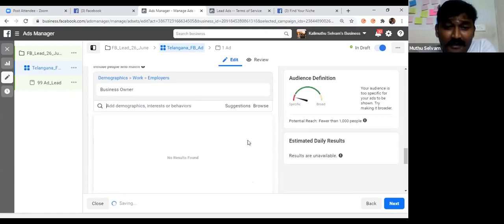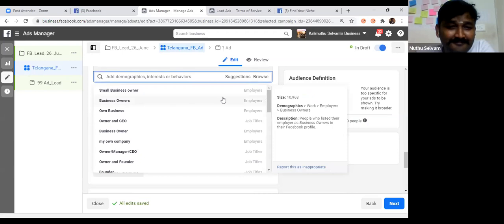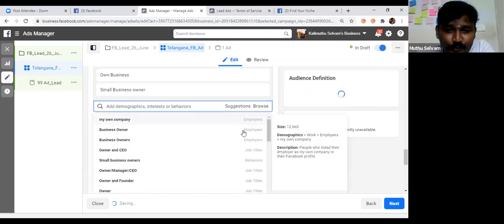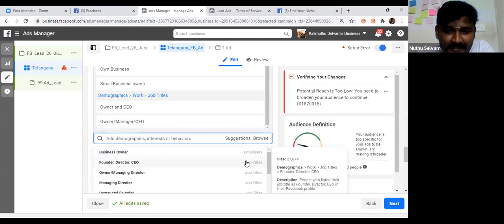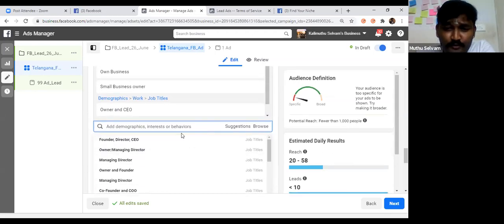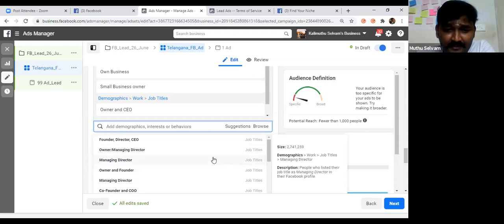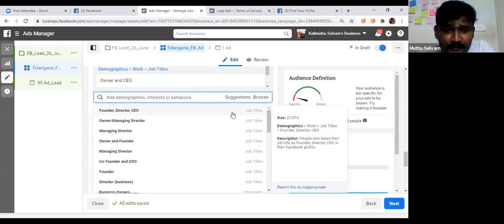Okay, if I find one keyword and then go to another suggestion, take it here, and Facebook will automatically throw more suggestions. Facebook will work like a jump. Click it: business owner, own business, owner and CEO. These are all the people of my target audience. Business owners, managing director. If you are a real estate guy, you have to decide whom to target: the IT industry, or what income level, you could select it. If you are running as an interior design architect and that is your target, you have to select architect. Job title is what kind of title they have.